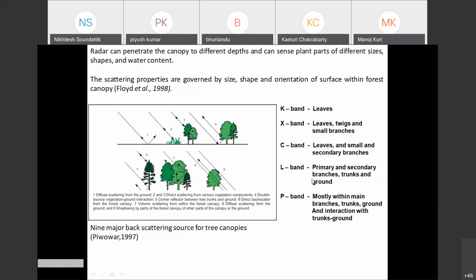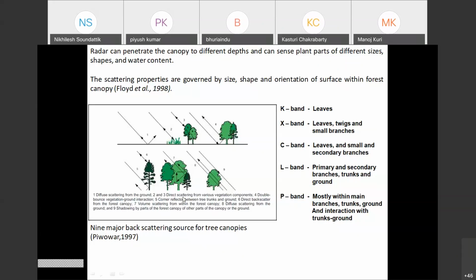L band will go up to the major branches and trunks. And P band, with its longer wavelength, reaches further down and interacts with the tree trunks and even the ground surface also. Thereby, in a forest, various scattering properties are defined, like diffuse scattering